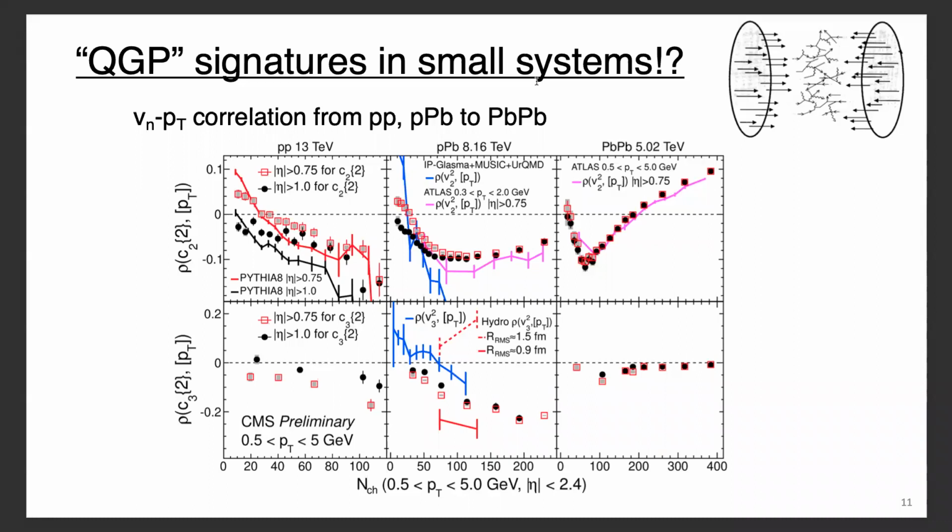We see that in proton, PYTHIA can qualitatively describe the data, which indicates that the non-flow effect is actually still very significant in the low multiplicity region for this observable. It still needs to be well understood in order to really extract information about the initial stage, for example, from these